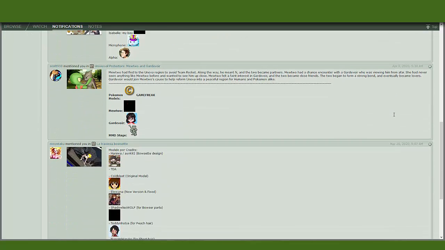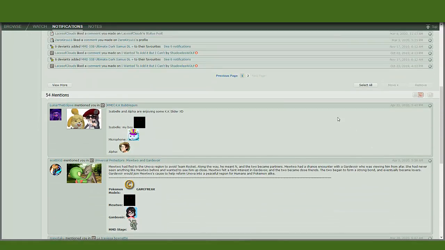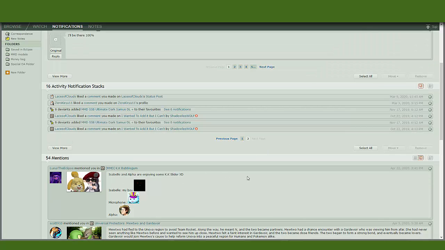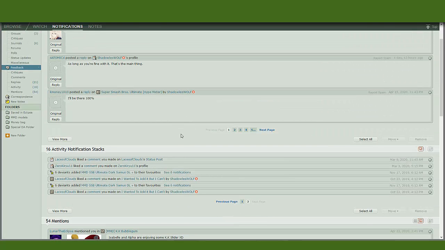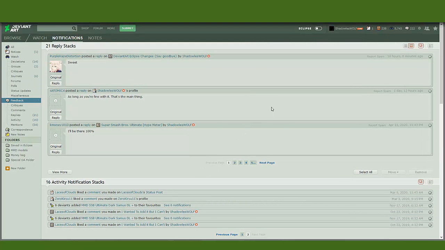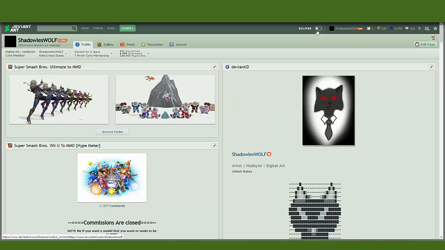So yeah, say goodbye to a neat and orderly fashion of notifications and these action notification stacks, because it's going to be replaced by a horrible layout such as